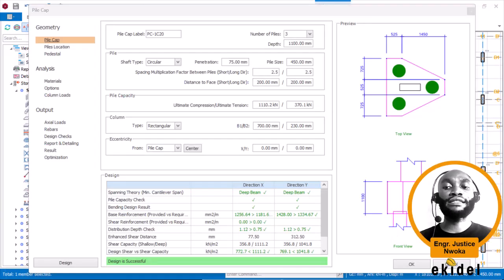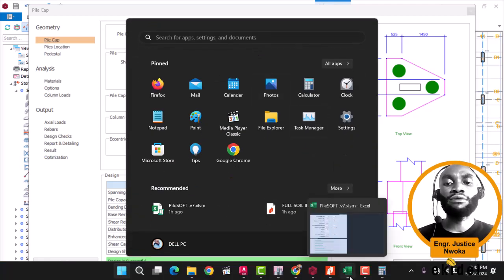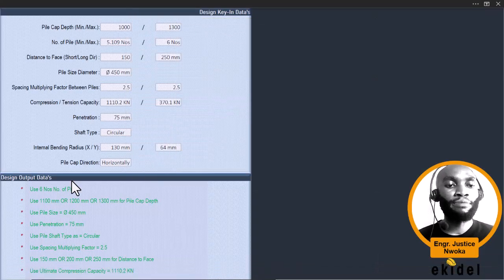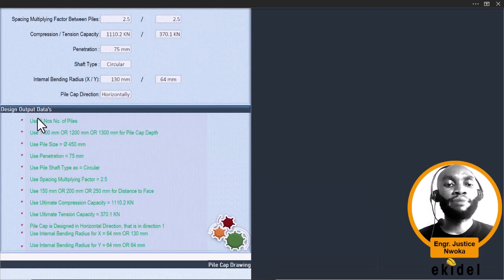Okay, that's fine. So we now come to our PileSoft and begin to insert all we got from our PileSoft into the Protastructure. With this, I'll minimize this and look at what I have on the PileSoft sheet. The PileSoft is saying that based on the column load and everything,